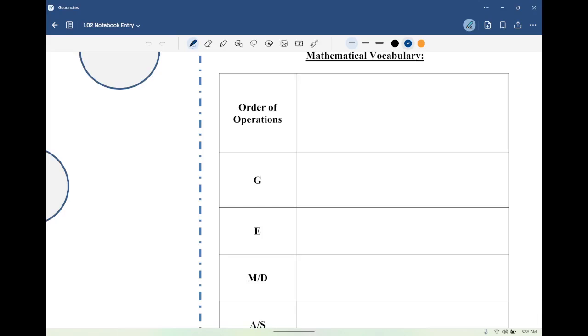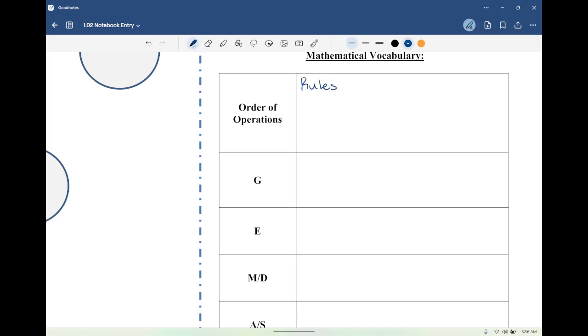So, order of operations. Now, to start off, yes, we all recognize this as GEMDAS. If we maybe recognize it as PEMDAS, know that the P has really changed to a G. That's okay. First thing we're going to start with is, well, what are the order of operations? We've already been told there's sort of that procedure or a way to organize our work, as Shai was saying. But more specifically, it is, or they are,